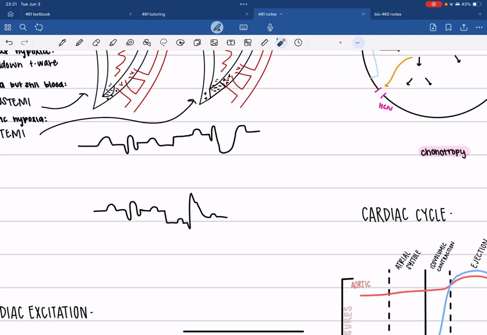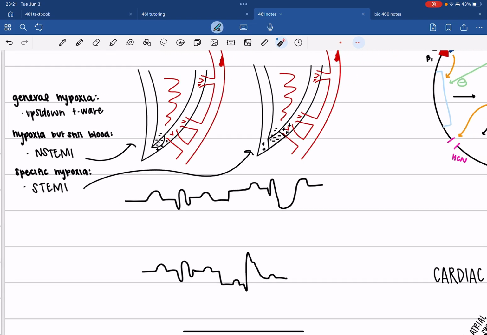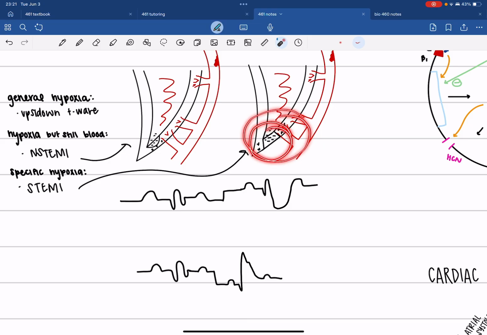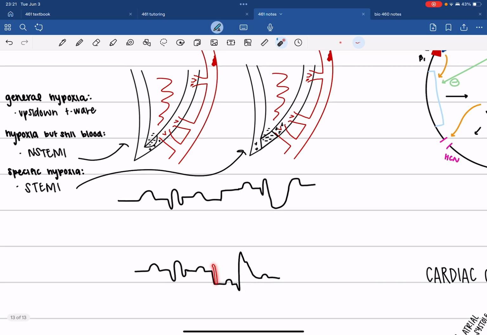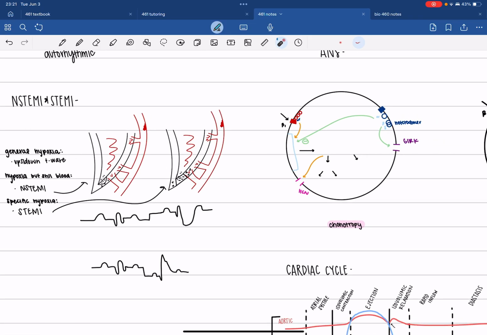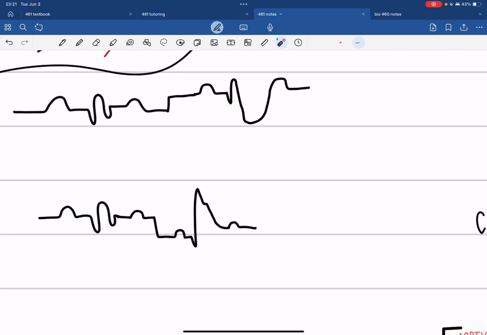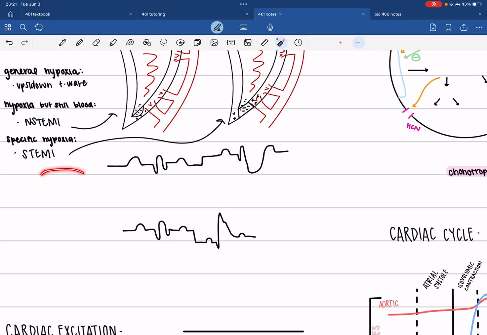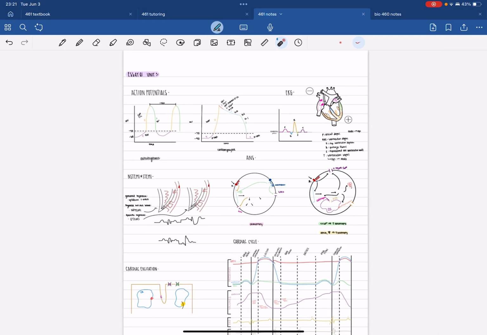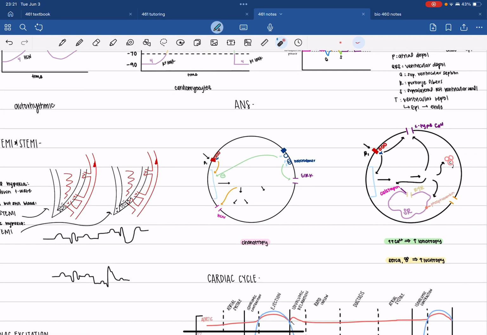And that's going to tell you that this is an NSTEMI. Next, if we have transmural weakness, so it's crossing the entire membrane, then we're going to have an ST elevation. This will also still change the baseline. It's going to decrease it. But we're going to have an elevation here in the ST, causing it to be super high to where it shouldn't be. And that's going to go with your STEMI. Beautiful.